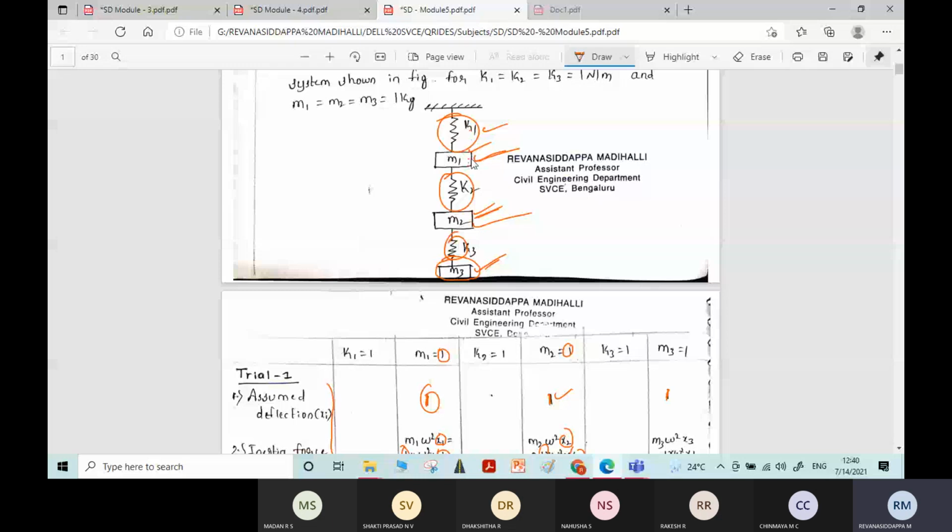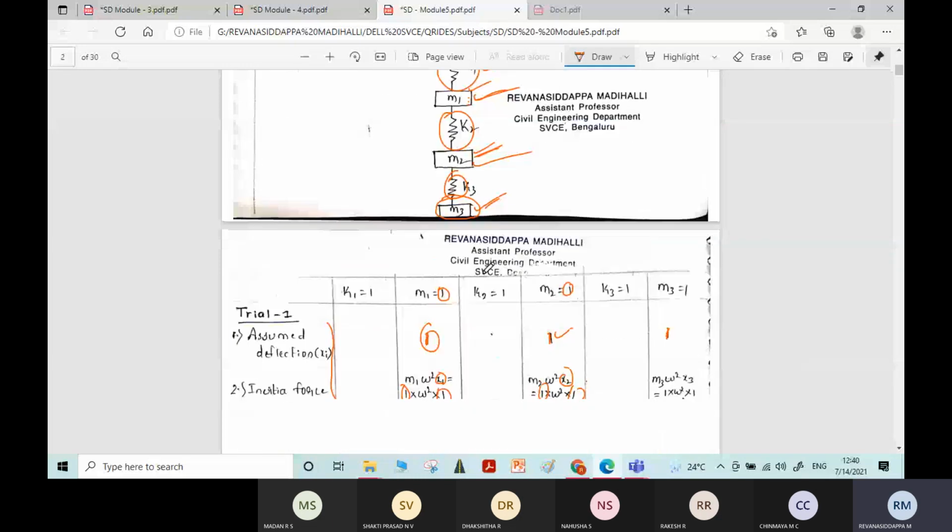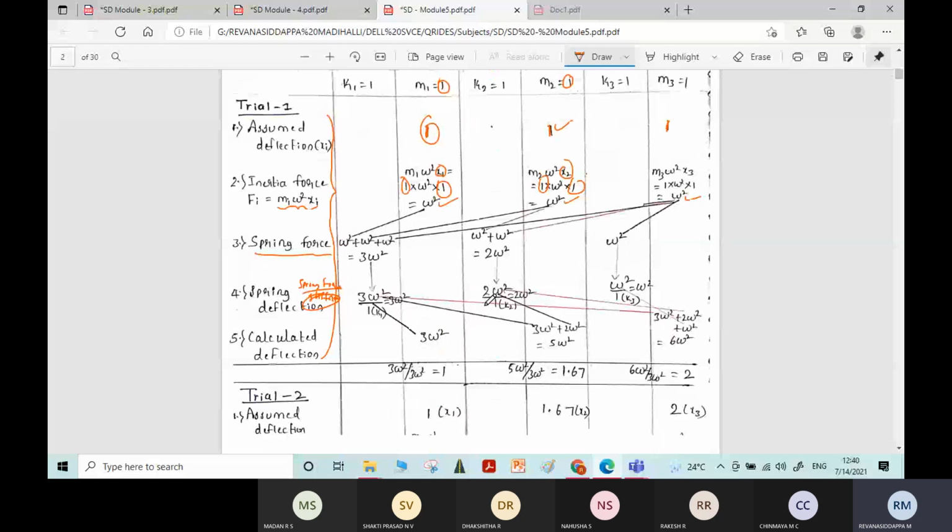When it comes to the deflection of mass 2, it is the sum of deflection of mass 1 and mass 2, that is 3 omega square plus 2 omega square. When it comes to the deflection of mass 3, it is the sum of deflection of mass 1, 3 omega square,